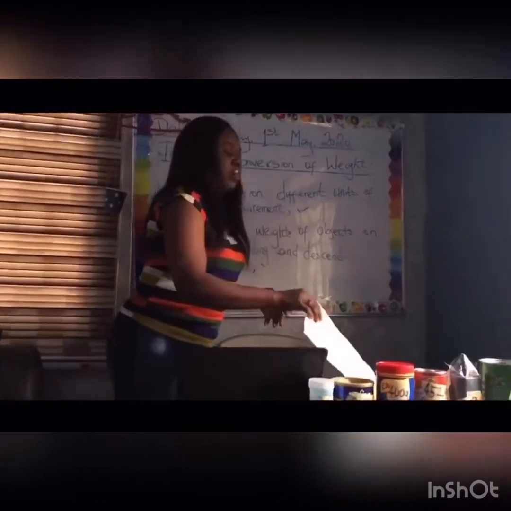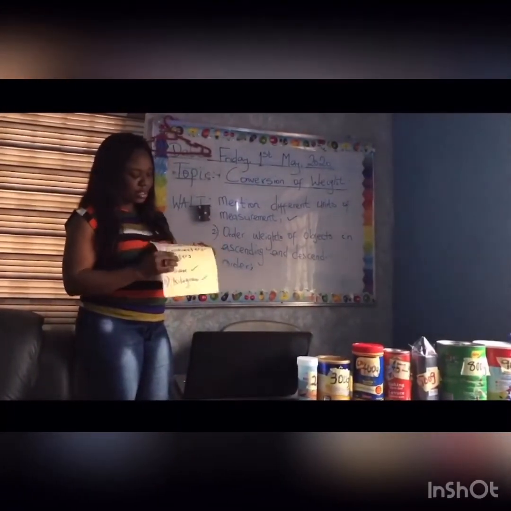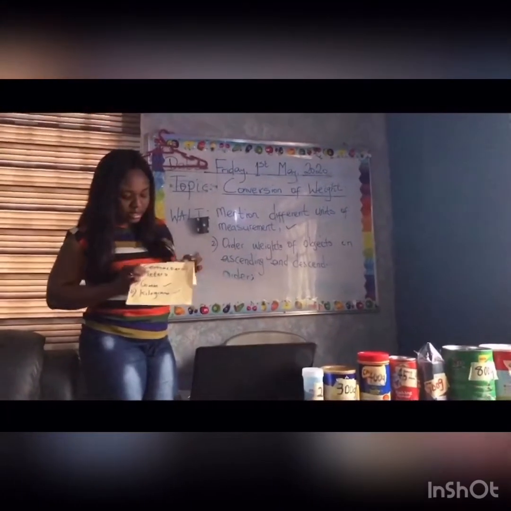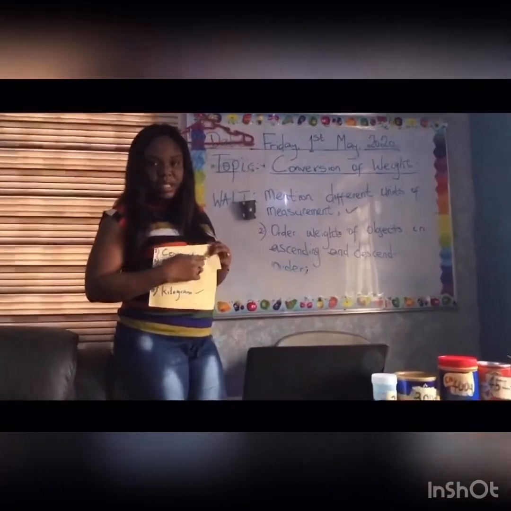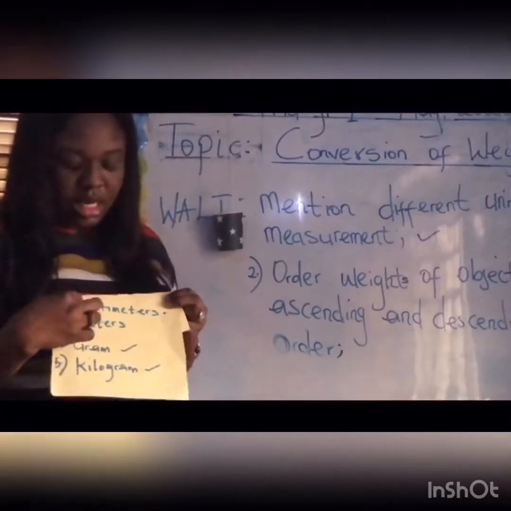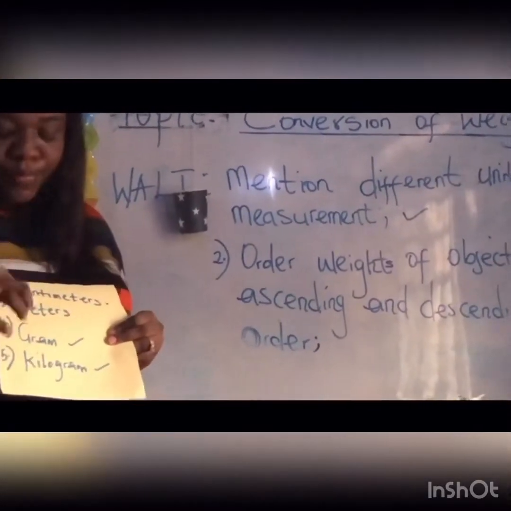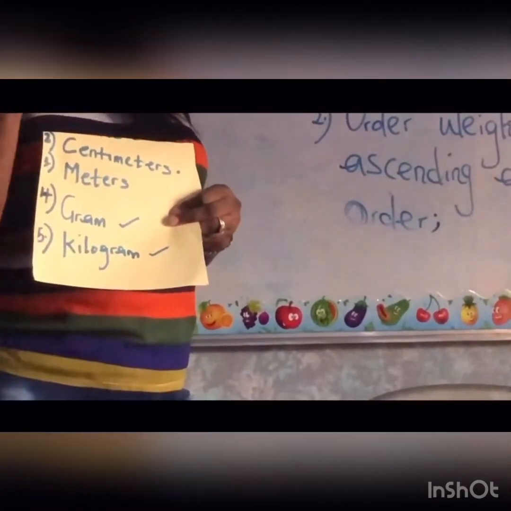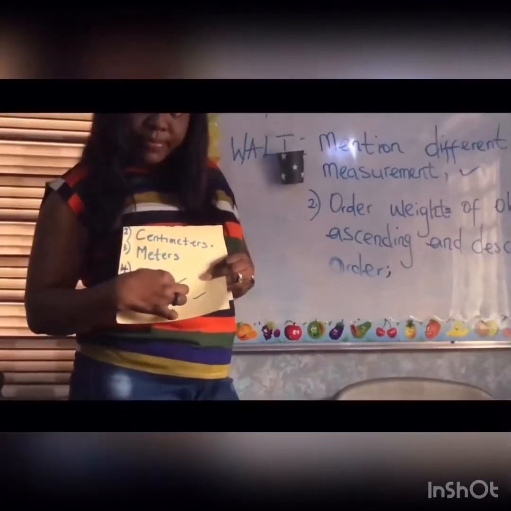Then apart from inch, we have the centimeters. We have the centimeter, that is the smaller one, that when you flip your ruler over, you will see it. Then we have meters. We also have gram and kilogram. So our focus for today, we are picking just two: gram and